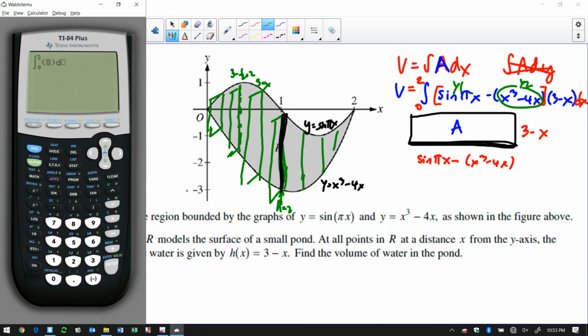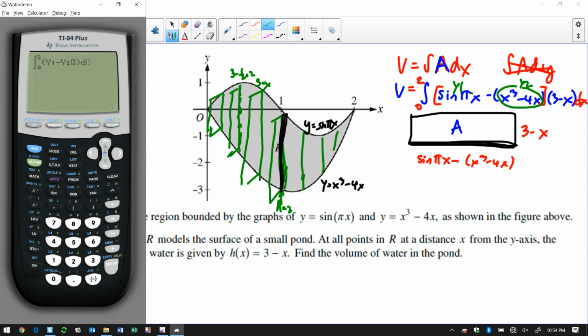I can type out the sine pi x, but there's no reason to. It's represented by y1, so I can hit vars, y vars, function y1 minus, and then vars, y vars, function y2,